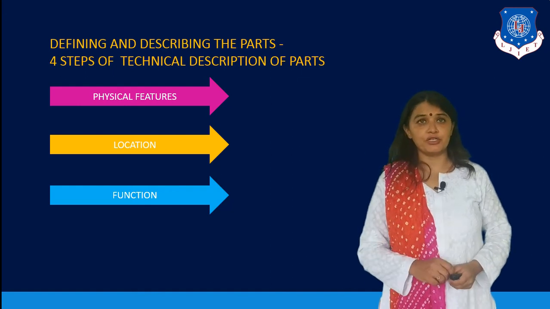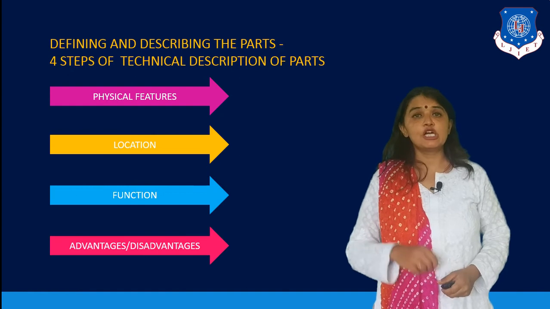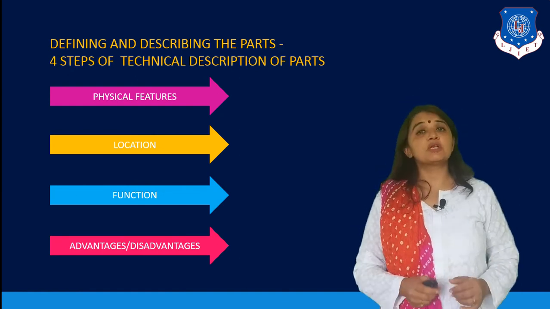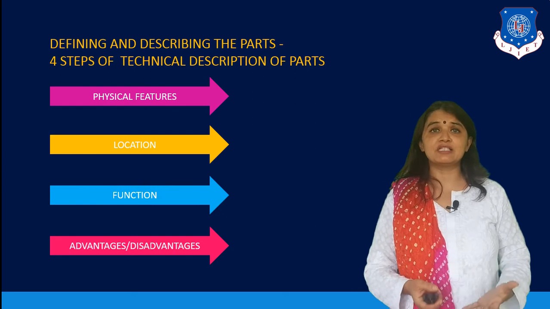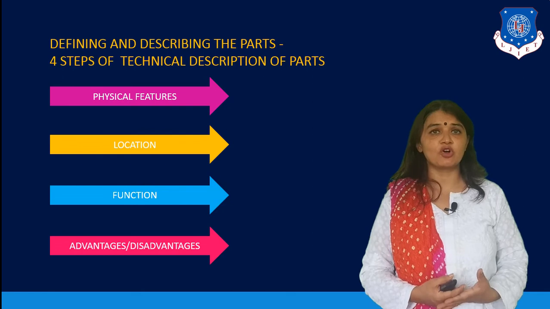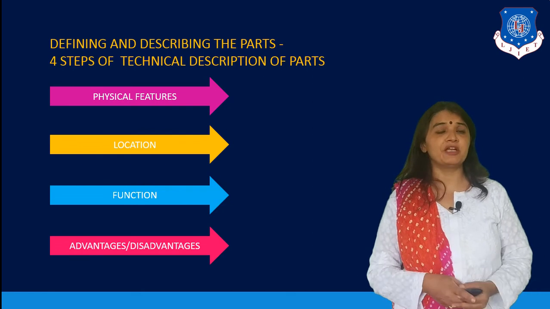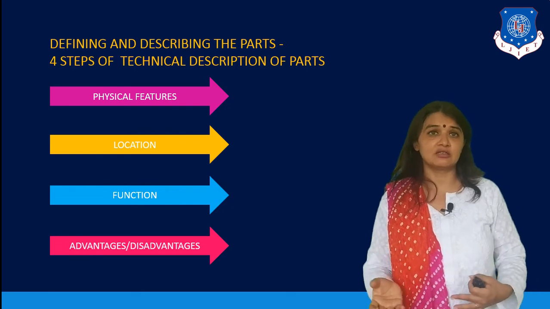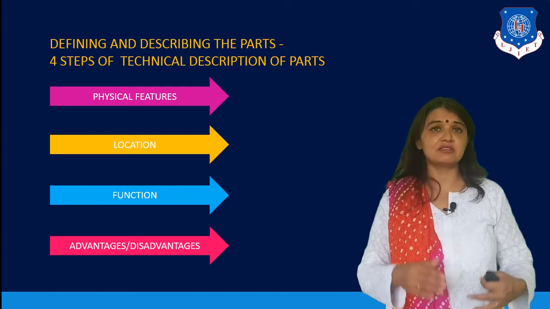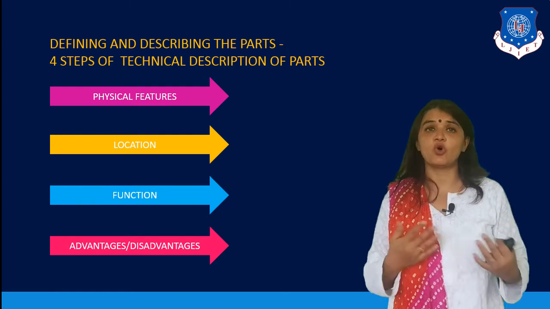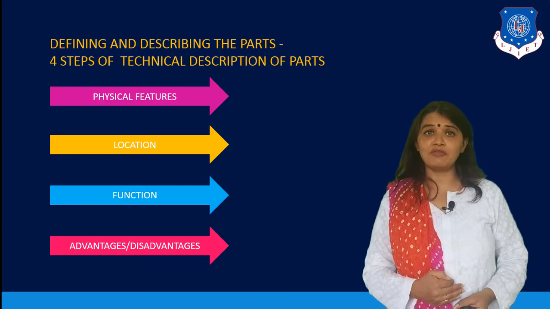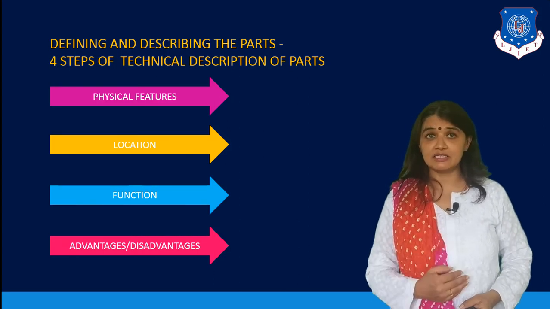Now the last point of technical description is to discuss about the advantages and disadvantages. Now some people may also say that why to give disadvantages of a particular machine, but disadvantages are always mentioned because there is always a scope of improvement as far as innovations are concerned, and only if any particular equipment or a machine has a disadvantage, that means there is a further improvement which is always possible. So these are the steps that we have to follow when we have to write a technical description.